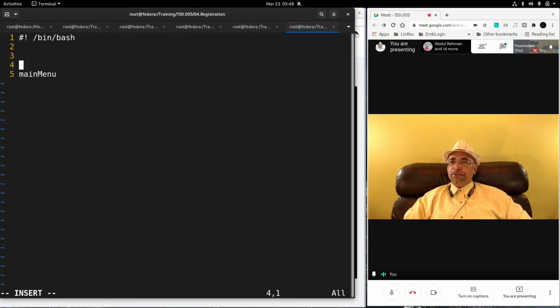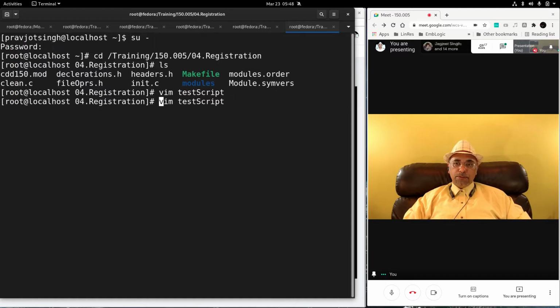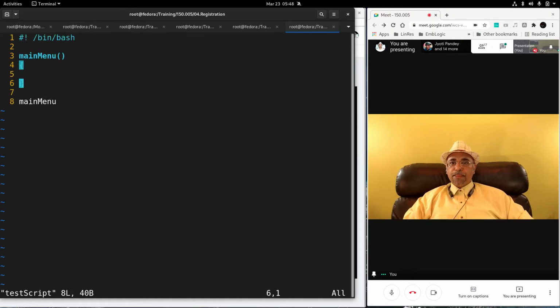function, which will be written like this. In this function we'll write what we are going to do, as in various operations with the driver. Change mode and start the script. In this main menu function we have to echo the main menu, write the main menu, options will be